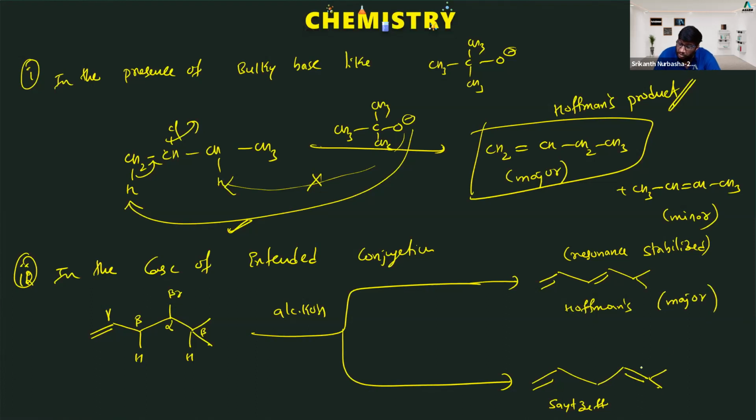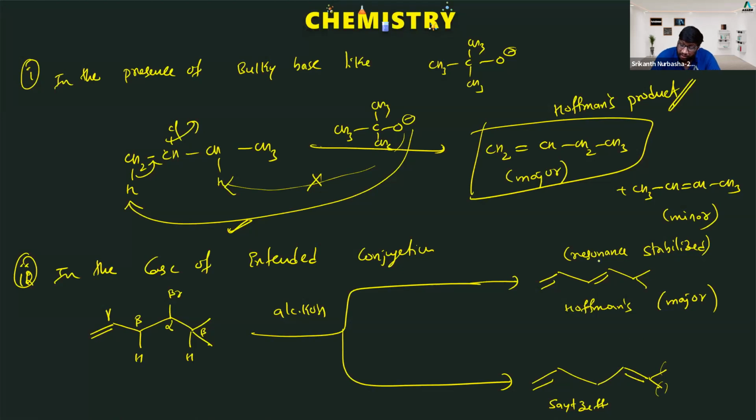Although we have more substitution, look at the number of hyperconjugative structures. The C double bond C is connected with two methyls. Each methyl has 3 hydrogens, so we have 6 alpha hydrogens. Here also we have 2 more, so 8 alpha hydrogens are there. So if you go with the number of alpha hydrogens and the number of hyperconjugated structures, you should write